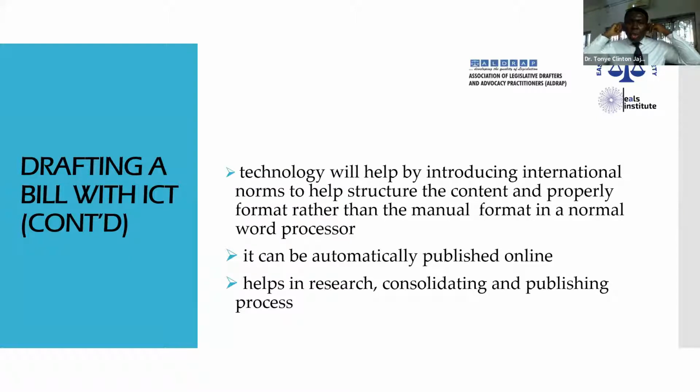Hello, sorry. So technology, even for international conventions. Now, Nigeria, Kenya, all of us, 54 African countries, most of us are members of the United Nations. And the United Nations drafts conventions. They send it to Kenya for domestication. For you to domesticate, you need these ICT tools to convert a convention to your local legislation. You must have the ICT materials to do that.